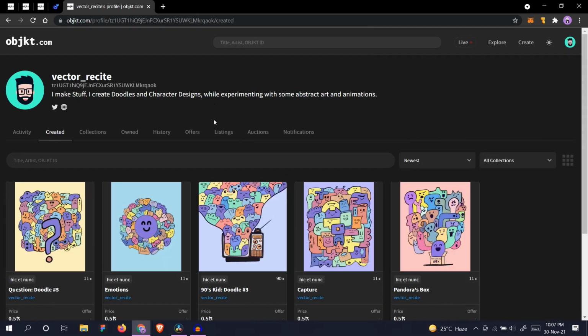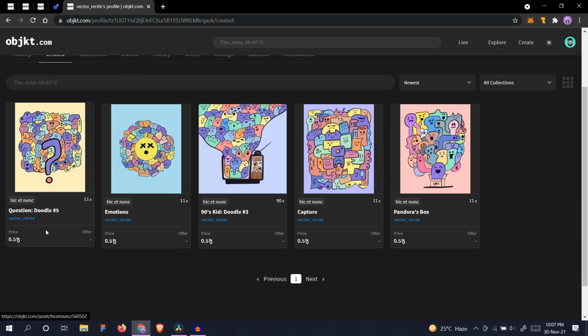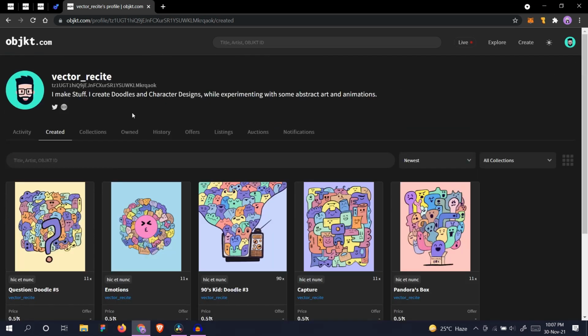Also a little update, after I got verified, I got 3 sales. So it might be due to the verification process, because I have seen some Twitter threads where collectors say that they prefer verified profiles over unverified ones. This is not confirmed and don't just take my word for it, but it's better if your profile is verified and it looks authentic as well.